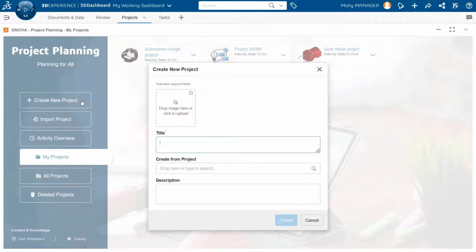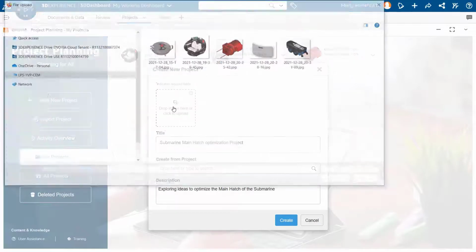Another way is to create a new project from scratch. Here we have the Create New Project dialog. And you can also create a project from existing projects. So this is like using a template. If you have a best practice way of work, you can set a template and reuse it when creating a new project. Now let's give the project a title and a description, and I can attach a nice image,